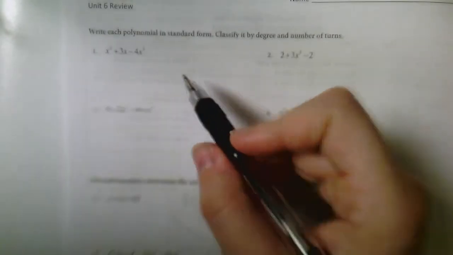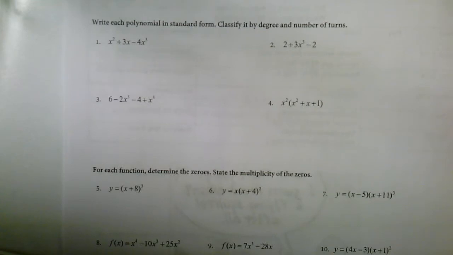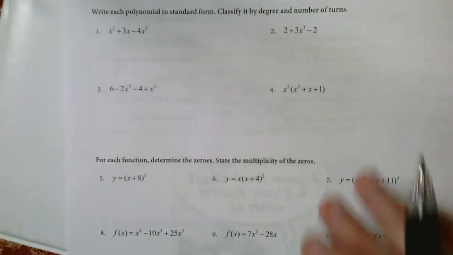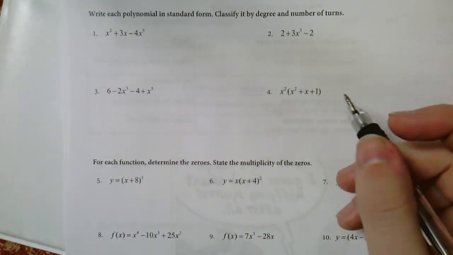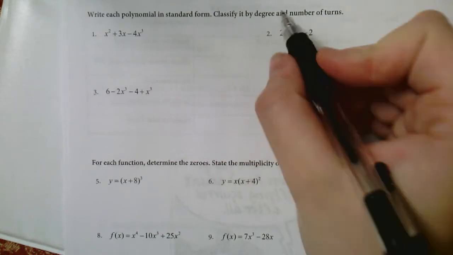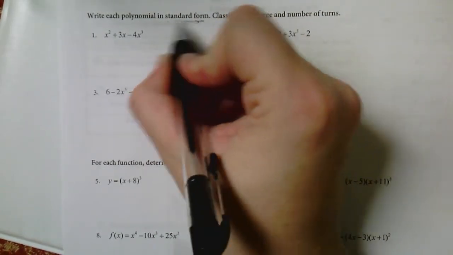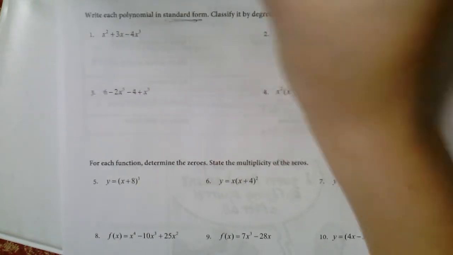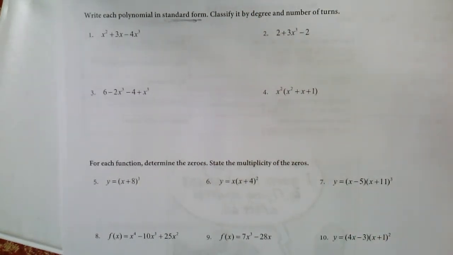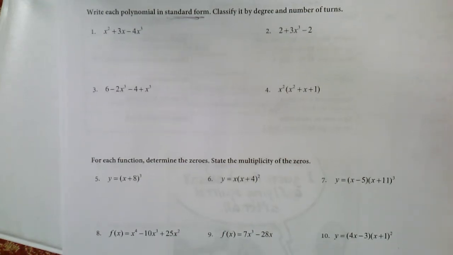Let me rotate that a little bit. There we go. So it says, write each polynomial in standard form, classify it by degree and number of terms. So first off, we need to understand what is standard form. Standard form basically says you want to put all of the different terms into an order from highest exponent to smallest exponent. So for example,